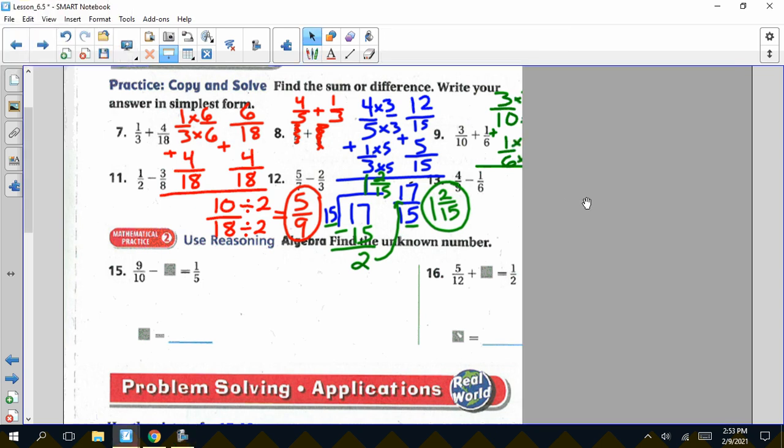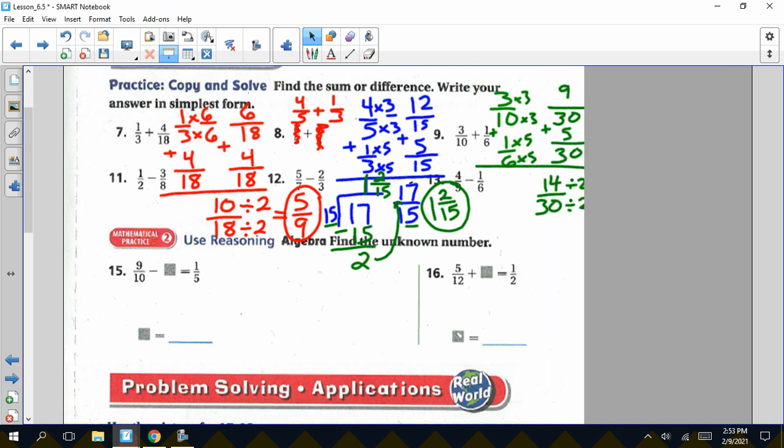All right, 3/10 and 1/6. If you counted by tens and counted by sixes, 30 would be your least common denominator. Now, some of you may have used 60, and that will change it towards the end, but I'll show you what you might have gotten. If you changed them to 30, you should have gotten 9 over 30 and 5 over 30. When you add those together, you should get 14 over 30, which then you have to think, what can go into 14 that also goes into 30, so that you can put it into simplest form. 2 goes into both numbers and gives us an answer of